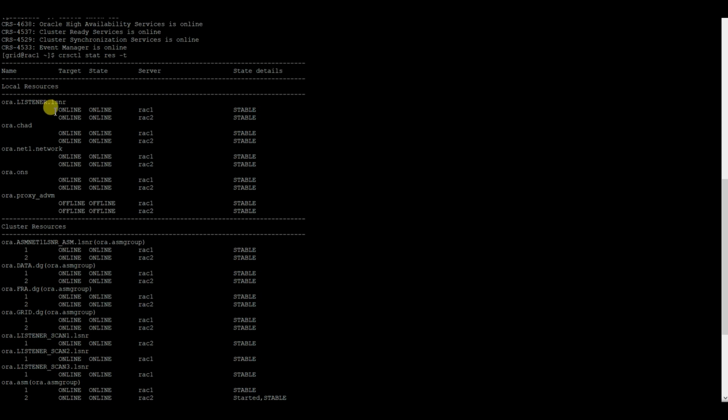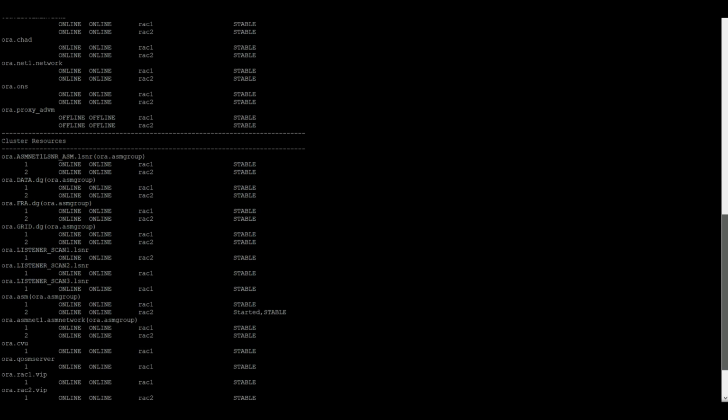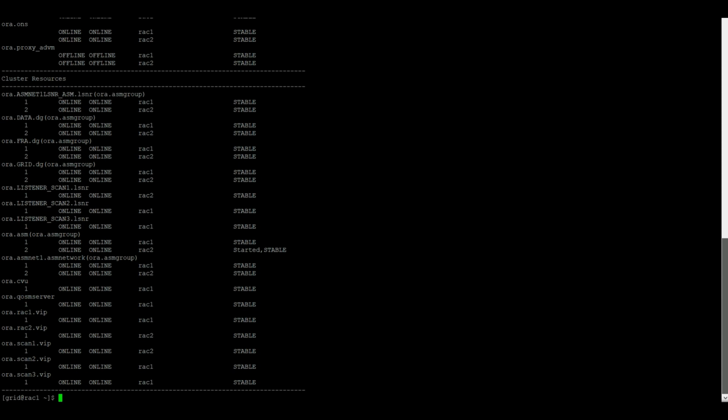So listener is configured and it is online from both nodes. Net, ONS, proxy, ADVM, ASM listener, then the ASM disk groups, scan listeners, everything is configured except our database part. That's why database part isn't mentioned in here.